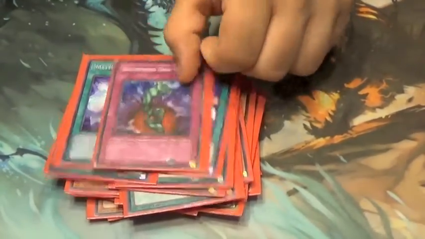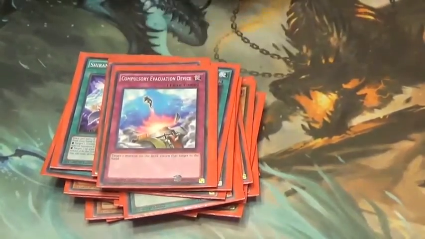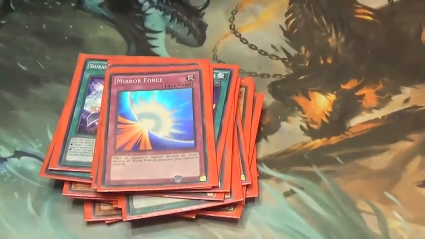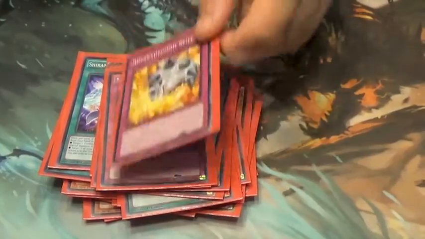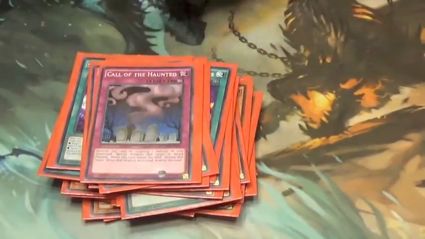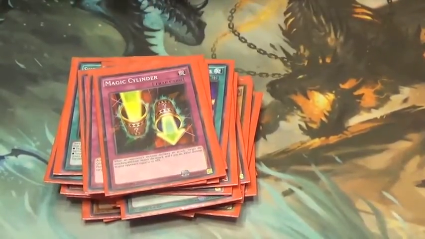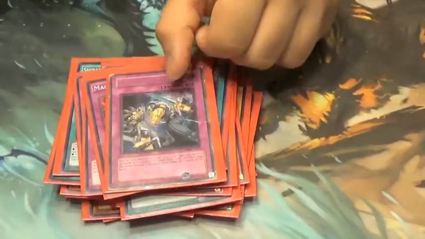Then I have 1 Bottomless, 1 Compulse, 1 Mirror Force, 1 Breakthrough Skill. I just happen to have a Call of the Haunted, a Magic Cylinder, 1 Dimensional Wall,